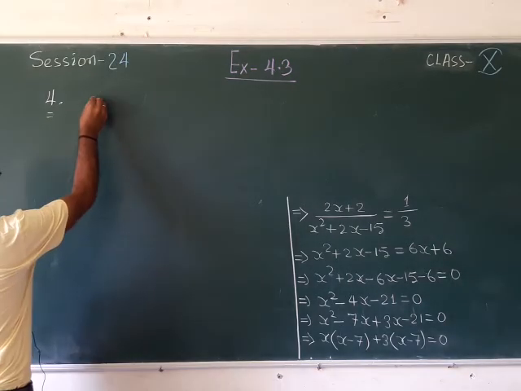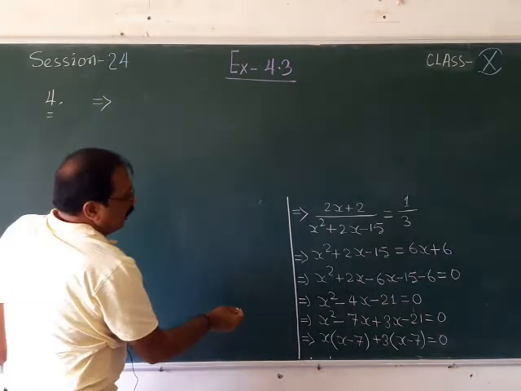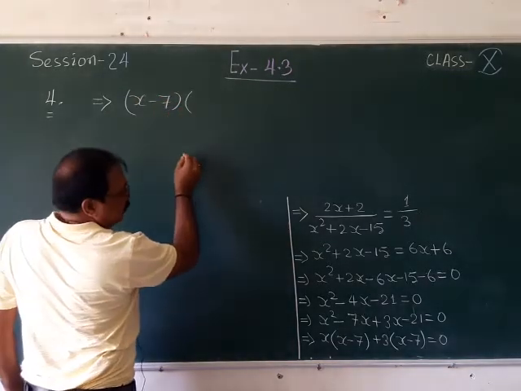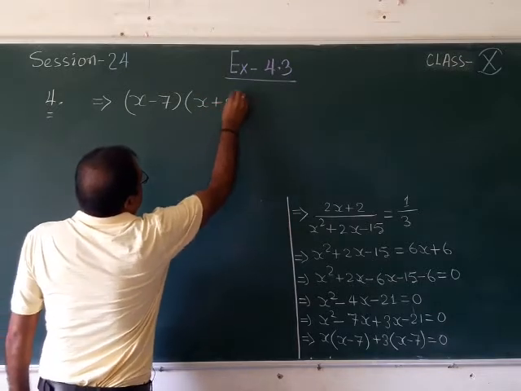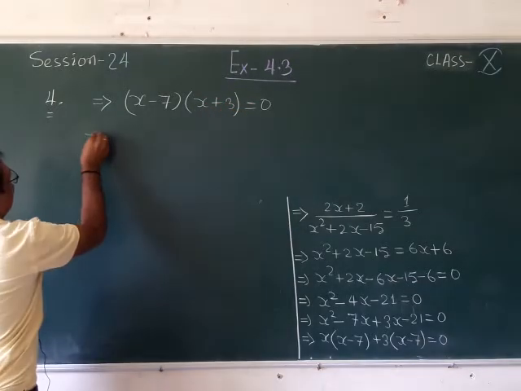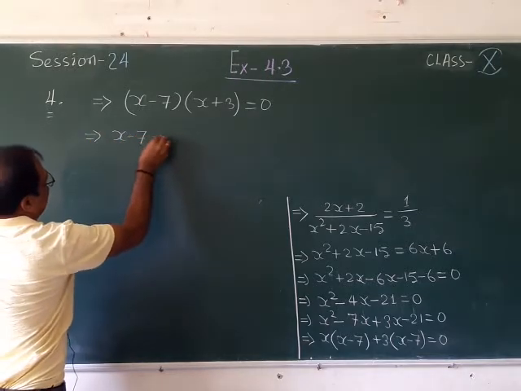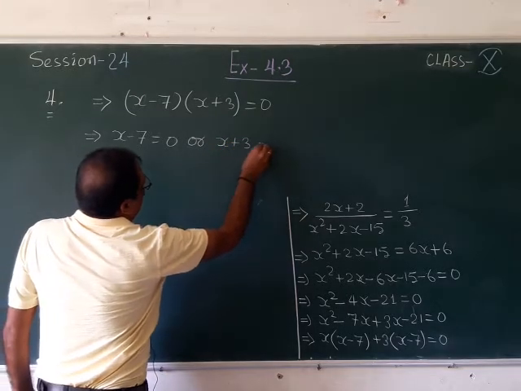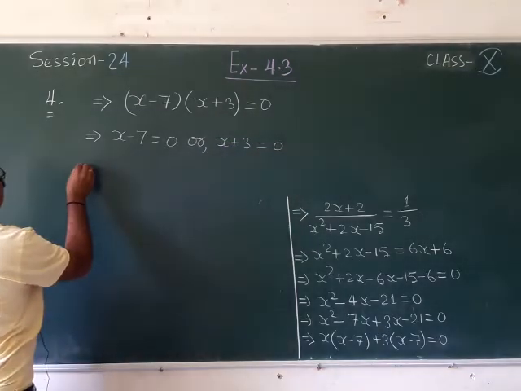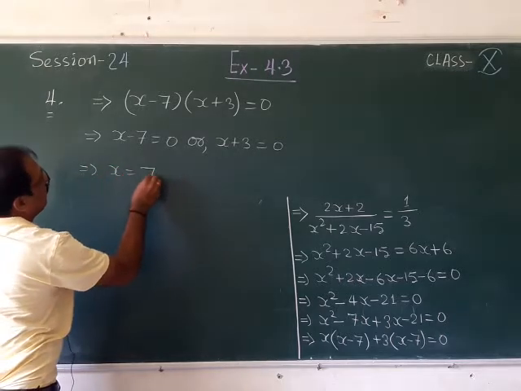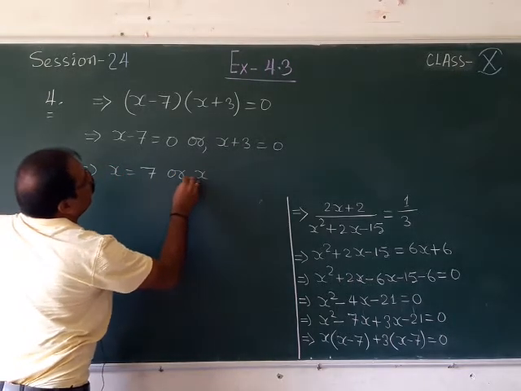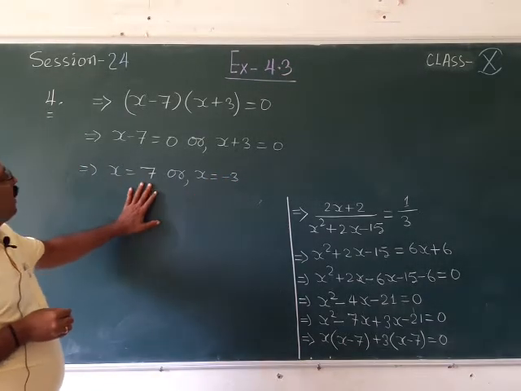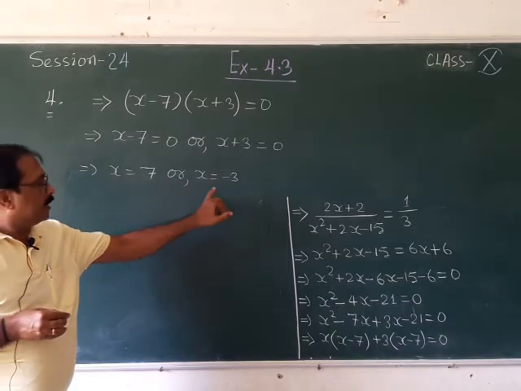Now you are having the factors of this. So factors are x minus 7 into x plus 3 is equal to 0. Further you can write it x minus 7 equal to 0, or it is x plus 3 equal to 0. Further, you can write it x equal to 7 or x equal to minus 3. So, you have seen that the value of x is coming to you as 7 and minus 3,